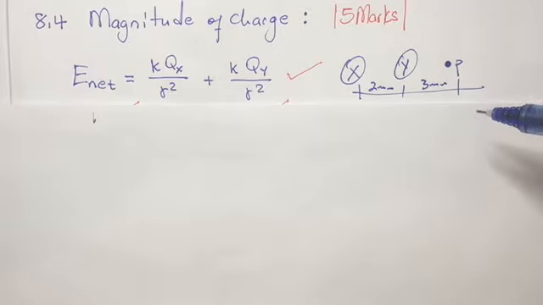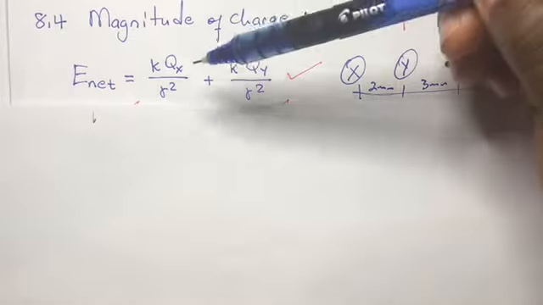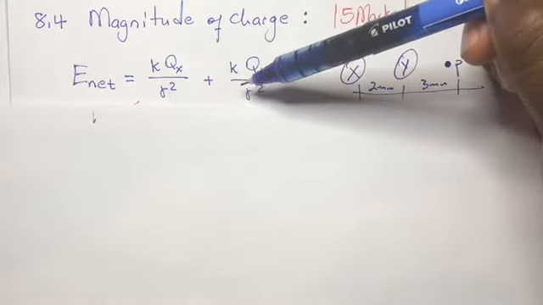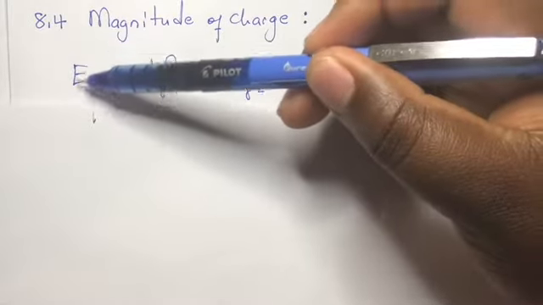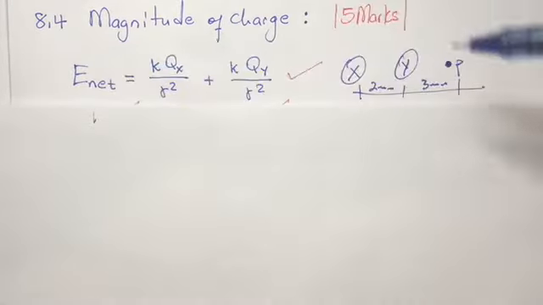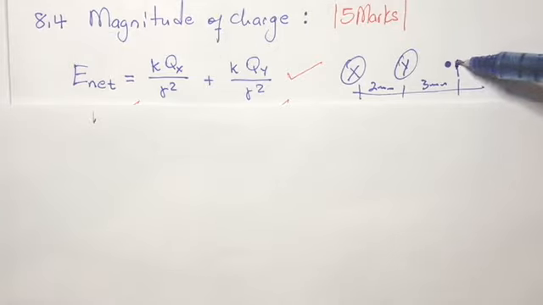Now in this case we're calculating the magnitude of the charge X. Firstly, we can use this formula because we already know the electric field experienced at point P. This point is experiencing a certain magnitude which was given in the